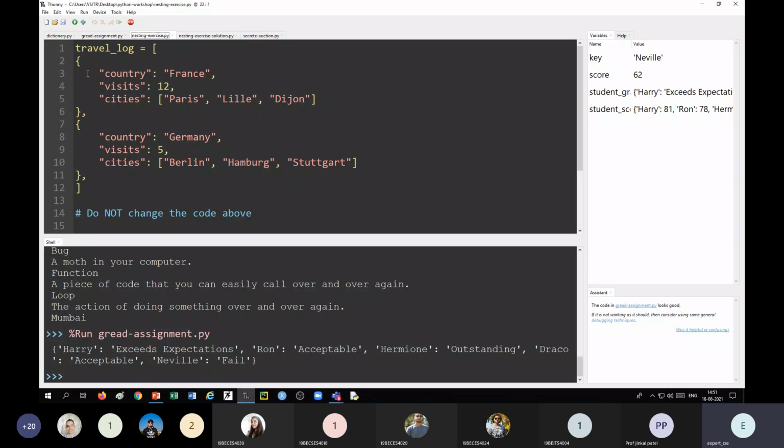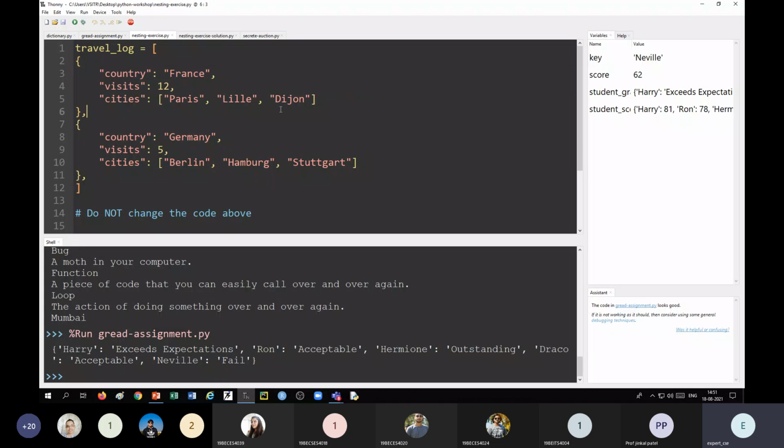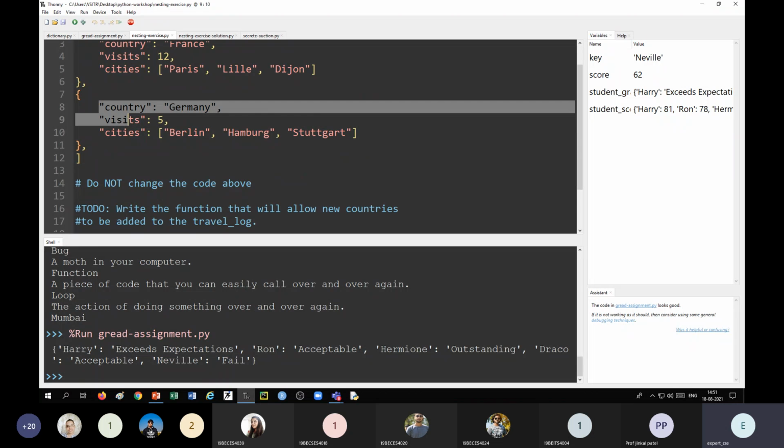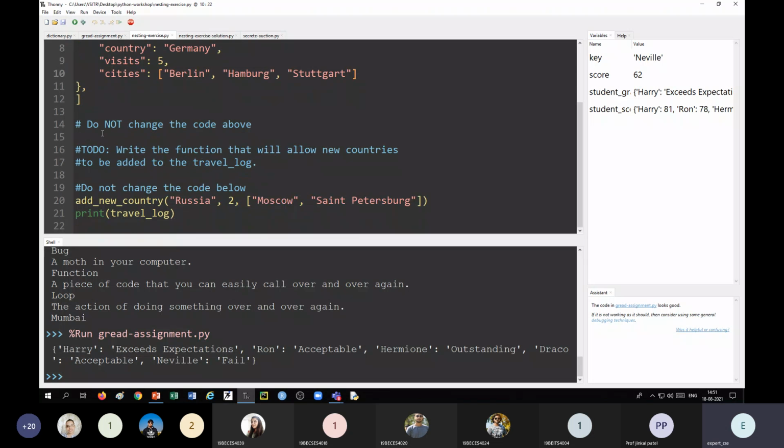One dictionary has country, visits, and cities. This dictionary has these 3 keys and its values. Similarly, this dictionary again has 3 keys and its values. Now our aim is to write a function to add one element, which is a dictionary, as a part of this list.